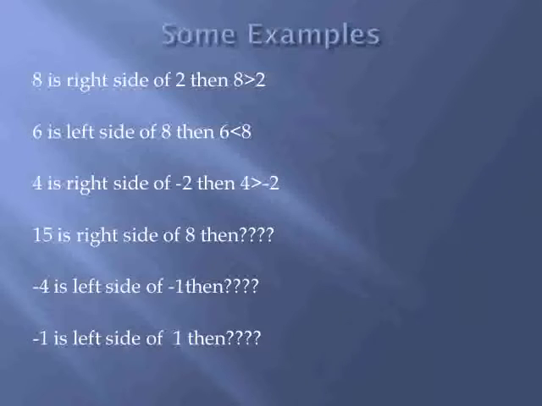Now third, 4 is on the right side. Right side means larger, and minus 2 is on the left side, so 4 is greater than minus 2. In this, we should first see what is on the right side and what is on the left side. The right side is the larger one, the left side is the smaller one. The number on the right side is greater, and the number on the left side is smaller. Now these three questions are for you. You have to practice on your own.